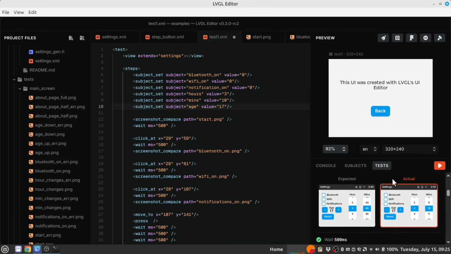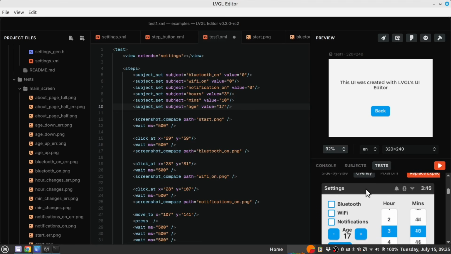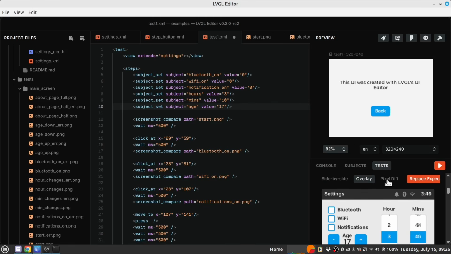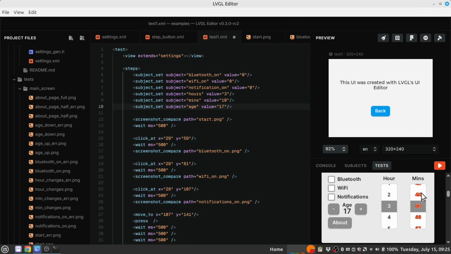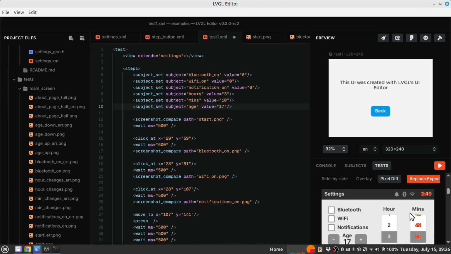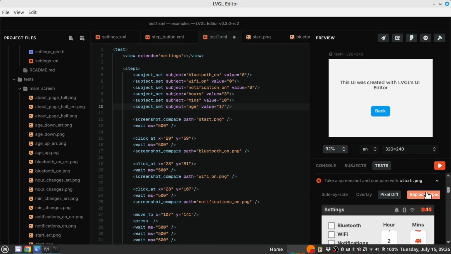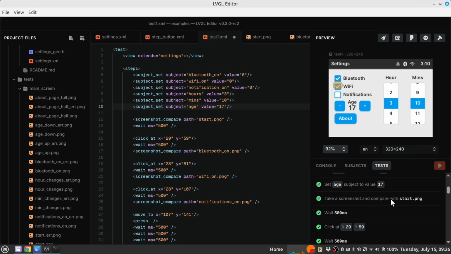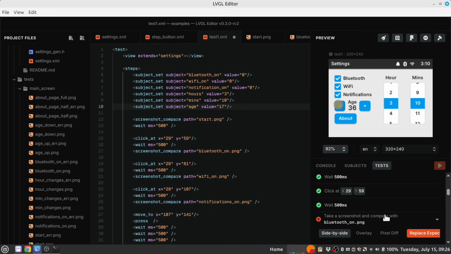I can see the expected and the actual image. It might be a little hard to see small changes, so you can decide to show it in an overview mode. Now it's a little more visible. However, if you want to make it more obvious, you can choose the pixel diff view, which shows you where the difference is. If you think that this is the correct image, you can easily replace the expected one with the actual. And if you run the test again, now the start.png screenshot compare passes, but the others still fail